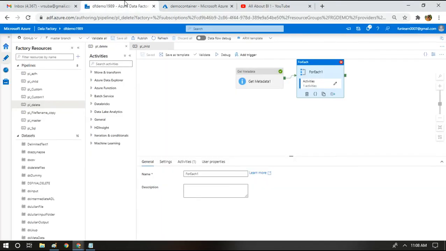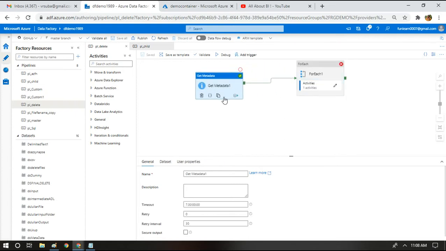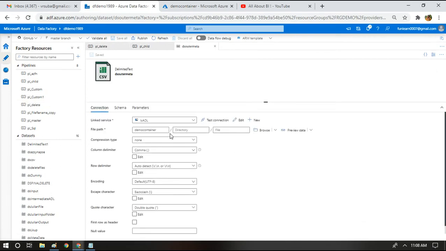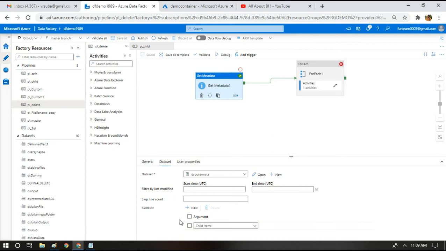It's going to be quite simple. Just follow whatever I'm going to tell. So we have a metadata activity. This is going to get me all the folders present in my container. For this I'm just pointing to my container without pointing to any folder. This is my container and I'm not giving any directory or file here. In my metadata activity I'm just getting the child items. When we mention only a container name and ask the metadata activity to give the child items, it will give you the folders present in the container.